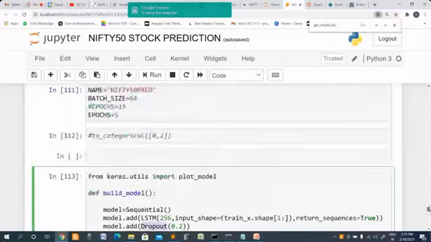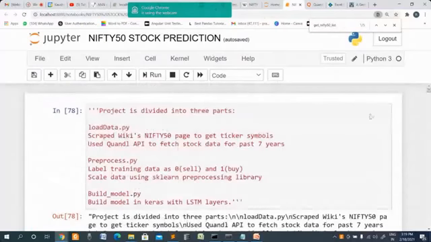In this use case we want to do the Nifty 50 stock prediction, that is, whether you want to sell or buy a stock, based on analysis of the previous values and then coming up with a prediction. So that is what we want to do.